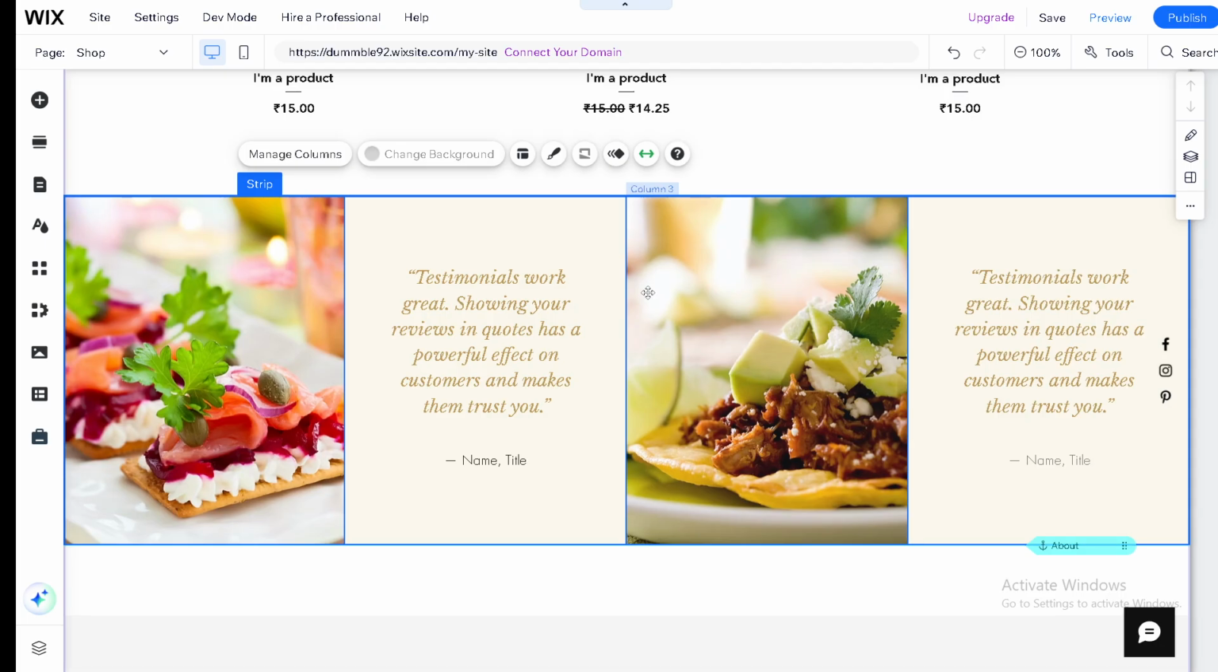Putting a spotlight on your customers' positive experiences has never been this easy. Now it's your turn to take these